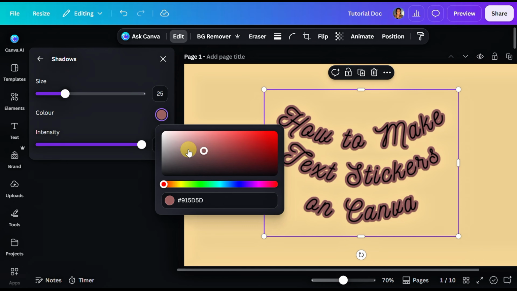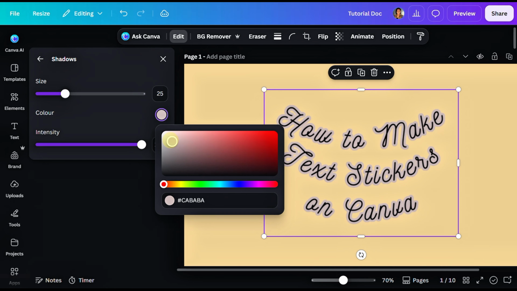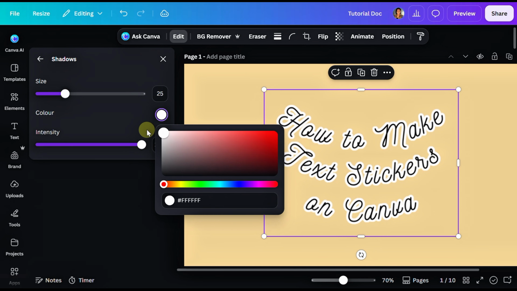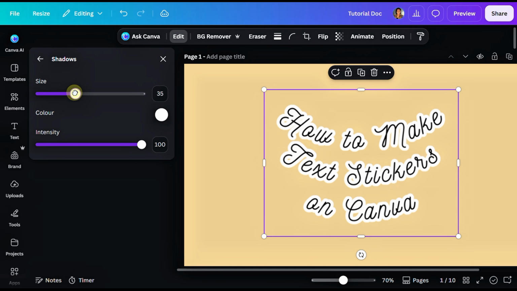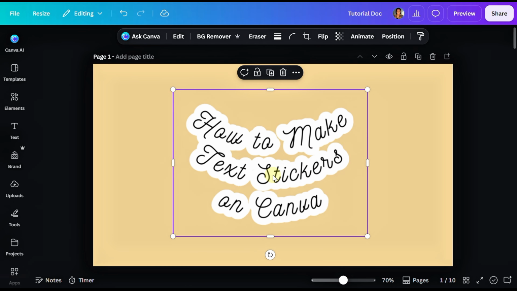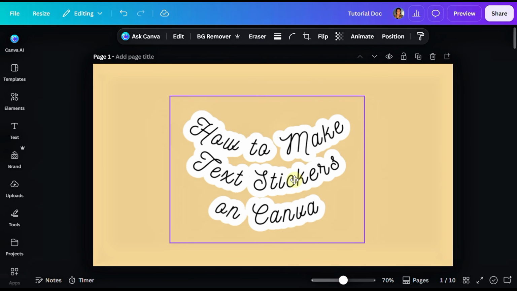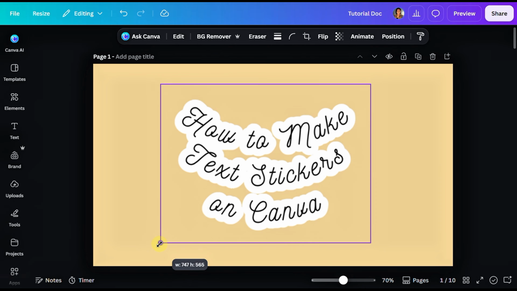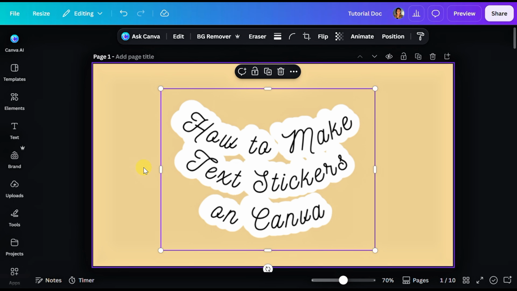You can pretty much choose any color of your choice. You see our sticker begins to change, but pretty much stickers are usually very white. So I like to increase the size to 80. We already have our sticker, and to download this, what I like to do is to duplicate, and I'll select both of them,